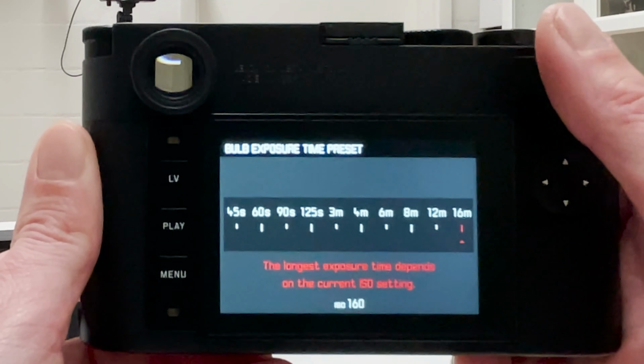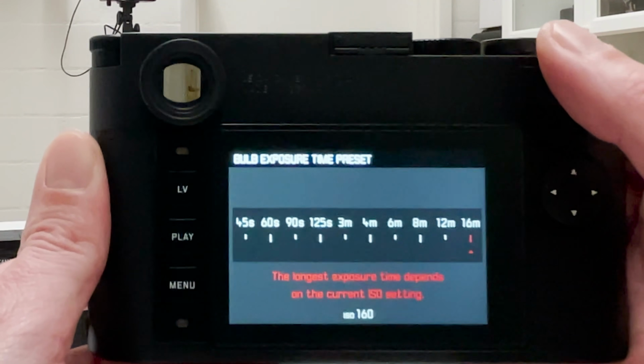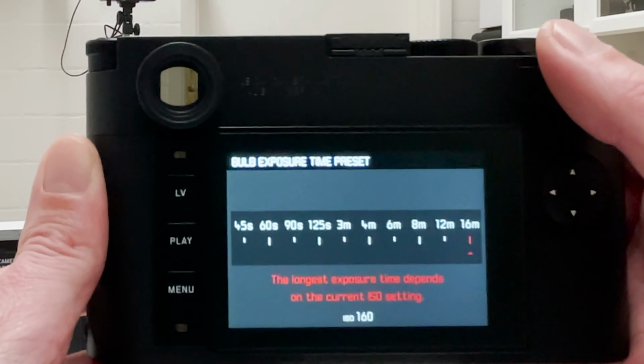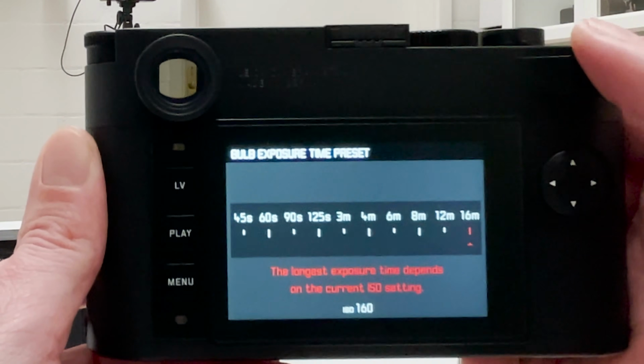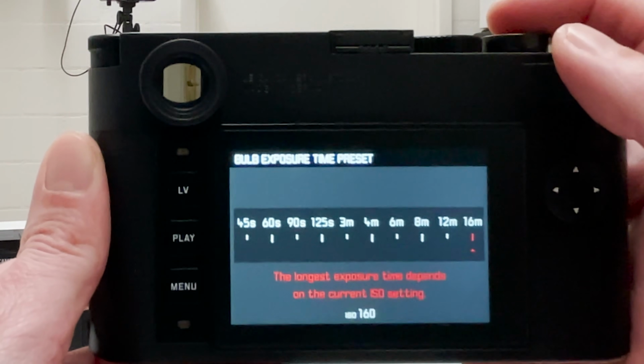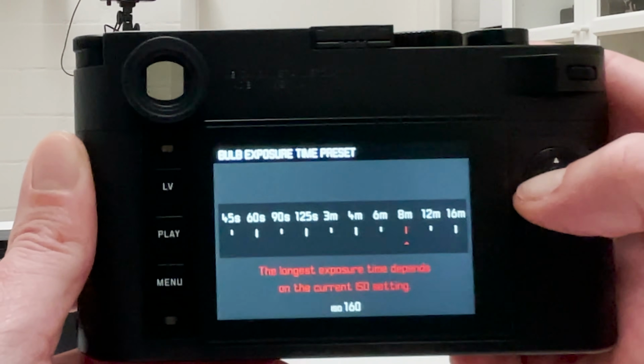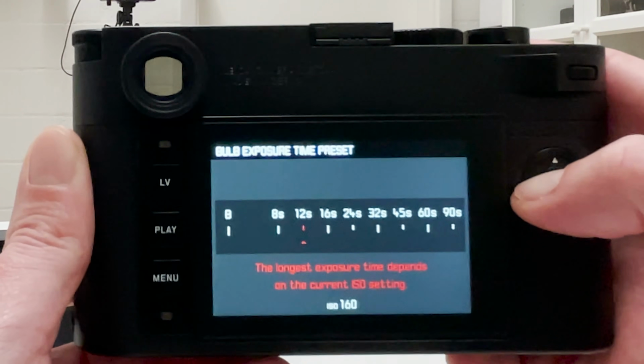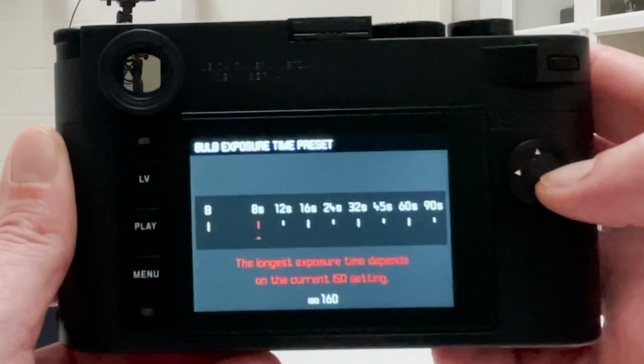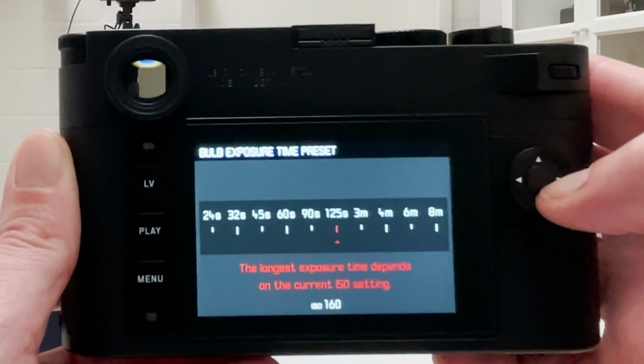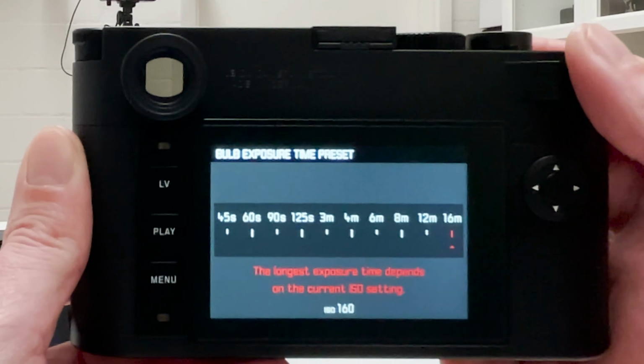On the Q2, they just implemented this on the classical Q2 as well as on the Q2 Monochrom, and don't tell you that in the same way as they tell it here. But it's actually plenty of space here. So if you're at ISO 160, you can go up to 16 minutes, that is a long